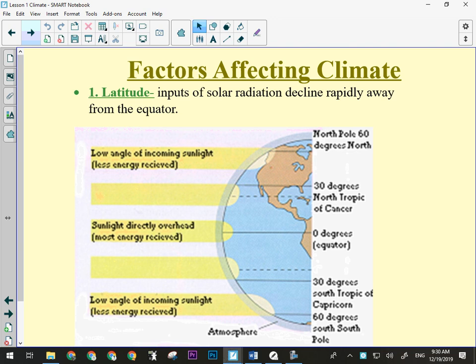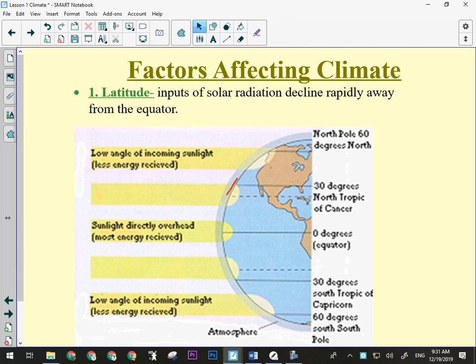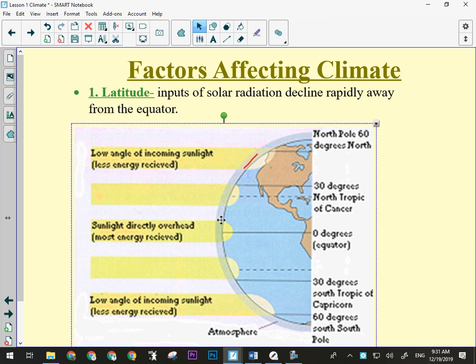Okay, so here's what happens. At the equator, okay, all these yellow bars here all represent equal amounts of solar energy. Okay, at the equator, that solar energy is concentrated in an area as long as this line. Okay, as I move further north, that same amount of energy is now spread over a larger area. Okay, the further north I go, the worse that situation becomes. The same amount of solar energy is now spread over an even wider area. So the sunshine is less intense, so it tends to be less warm. Everybody all right with that idea?